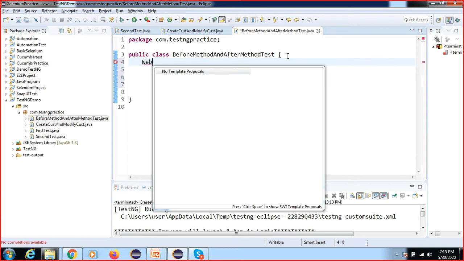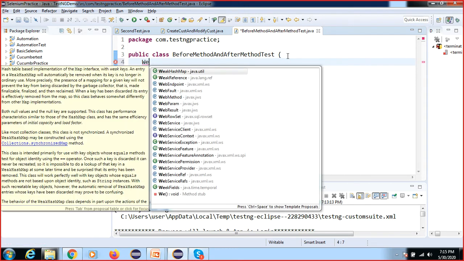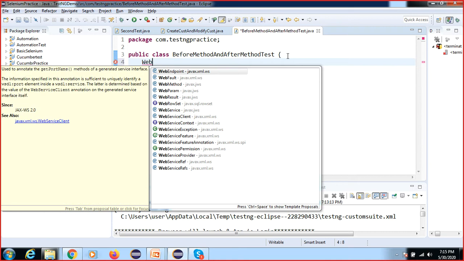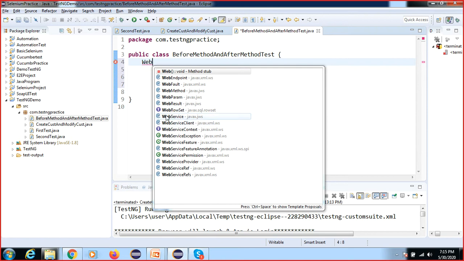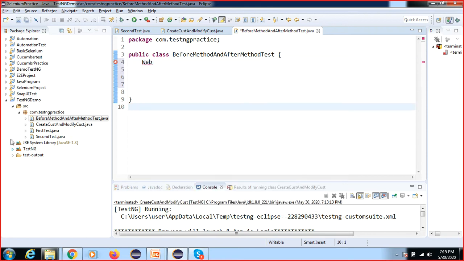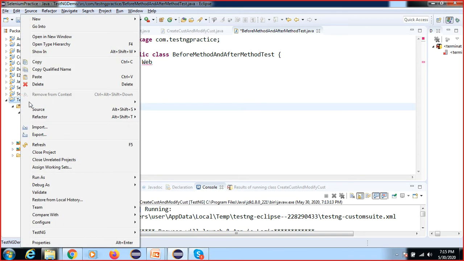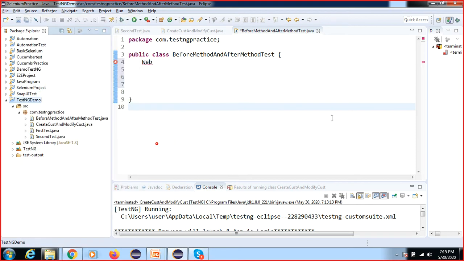I'm going to initialize the web driver. Oh sorry, the Selenium jars are not there. You can see that if I write WebDriver, it's not coming up. So the Selenium jars are not in this project, and you have to import them.